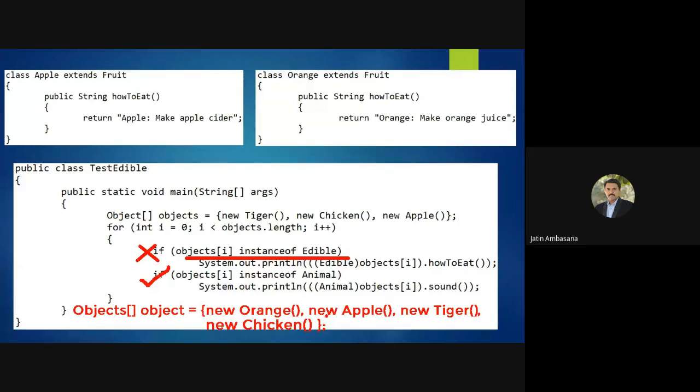What happens when the control comes to this chicken? Both if statements will run, because chicken is also edible and also an animal. Okay, so it's an edible animal, as simple as that.